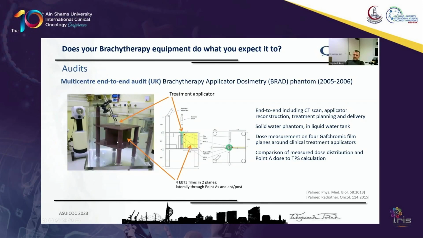a solid water phantom with 4 different plain EBT3 films in this phantom. The phantom was in water, and the applicator it accepted was a gynecological applicator with a tandem and ring and the IU tube. The comparison was made between the A points and the isodoses on the EBT3 film. Only simple plans were delivered, not needles, with the prescription